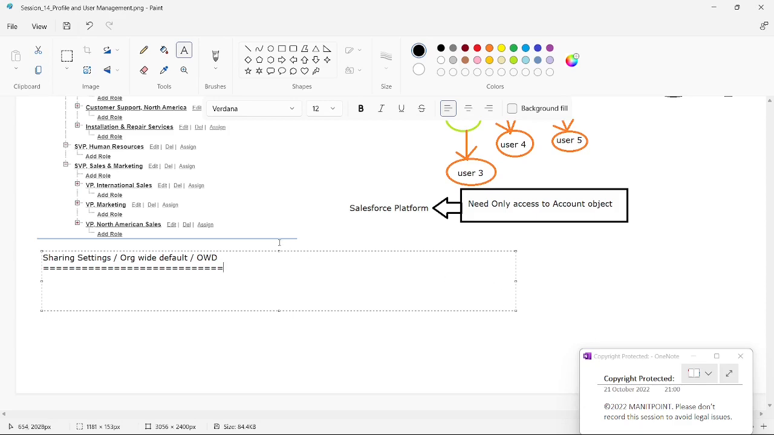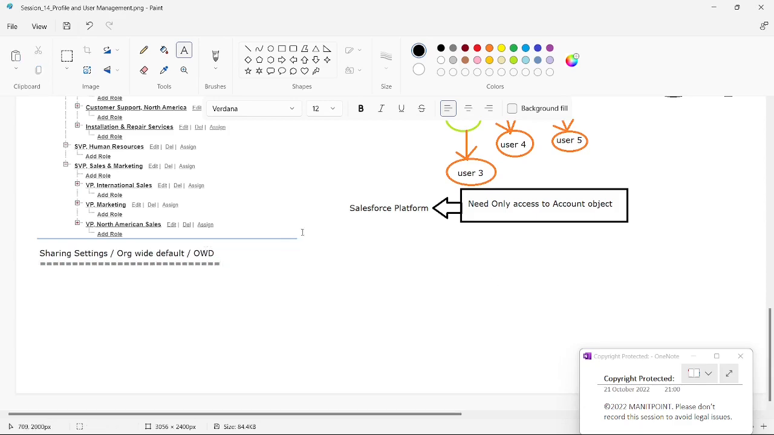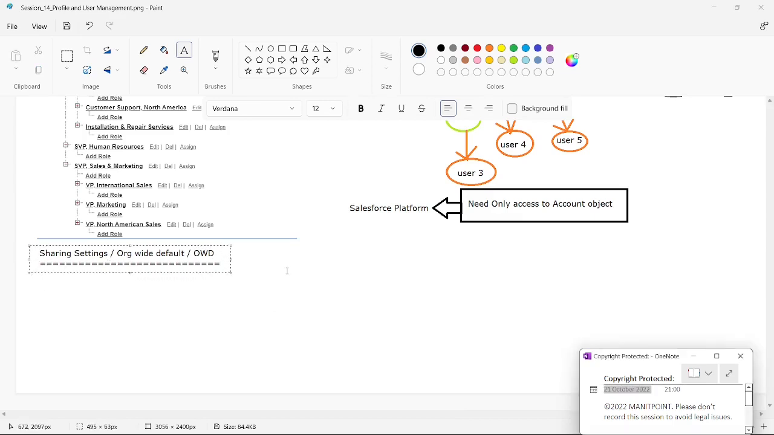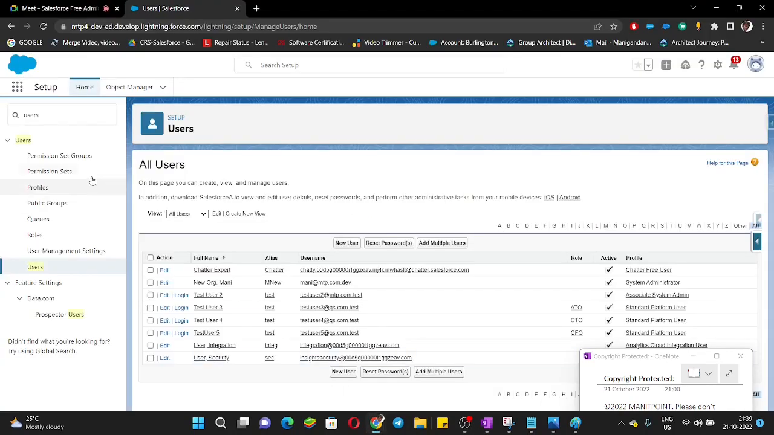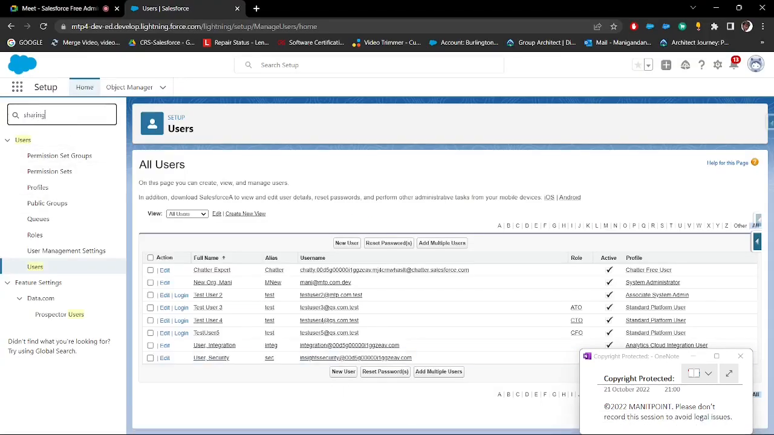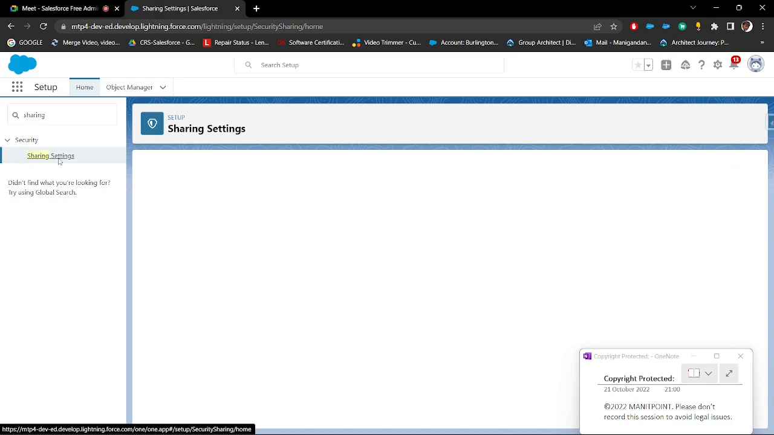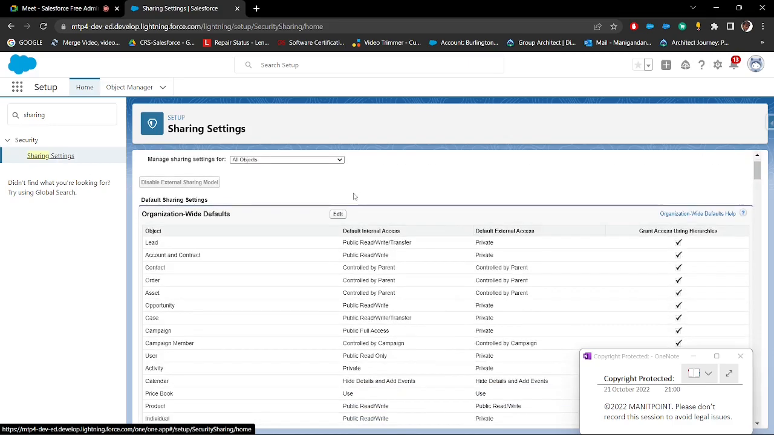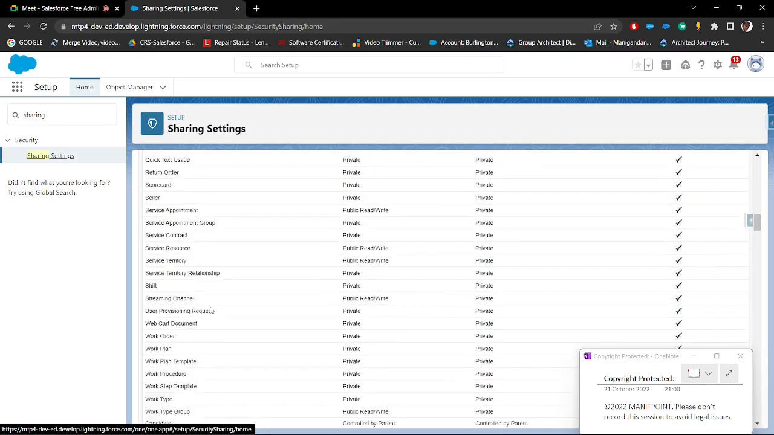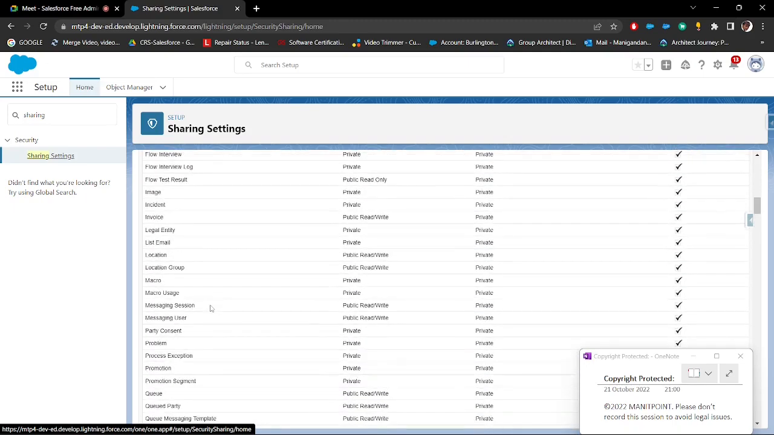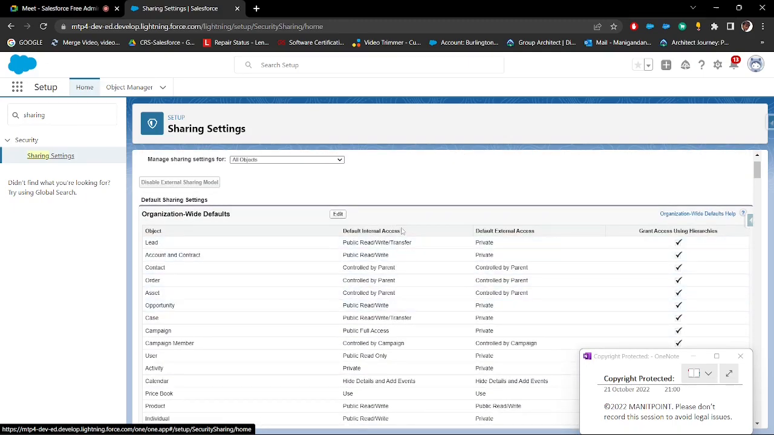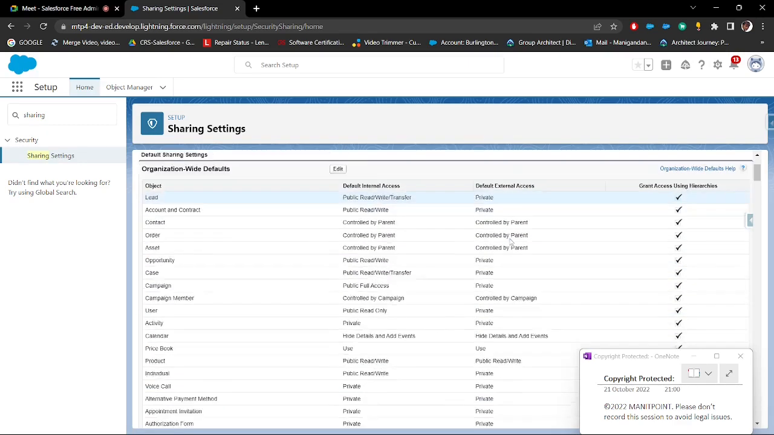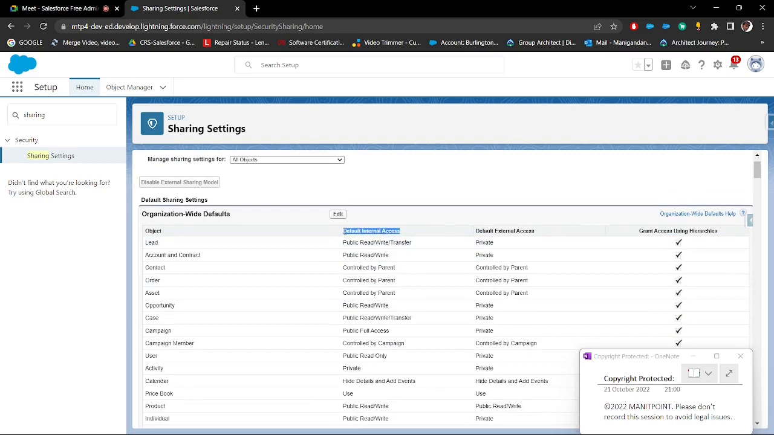Okay, so by default we have some sharing settings provided by Salesforce. Okay, we'll just explore this. So directly navigate to the sharing settings. So in sharing settings, here you can see all the objects are there, right? Forget about external. Okay, don't worry about this external column. For all the objects, the internal access is,